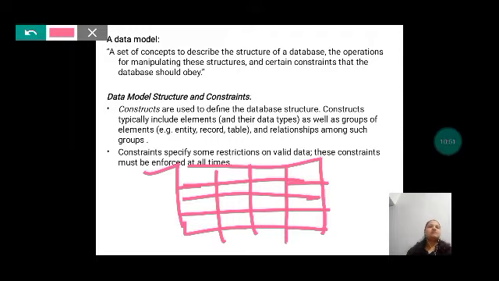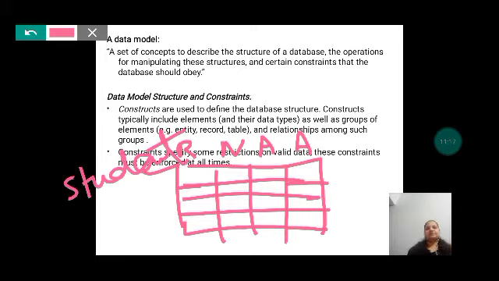Say suppose I am writing here the registration number, and this is the name, this is the address, and this is the age of the student. So these are the different fields, or we can say different columns, or different characteristics, or properties which are describing the particular student.